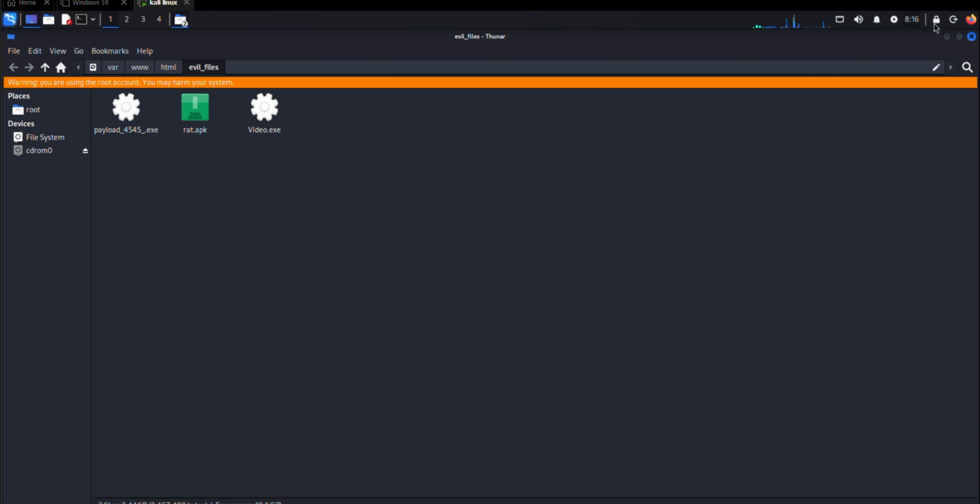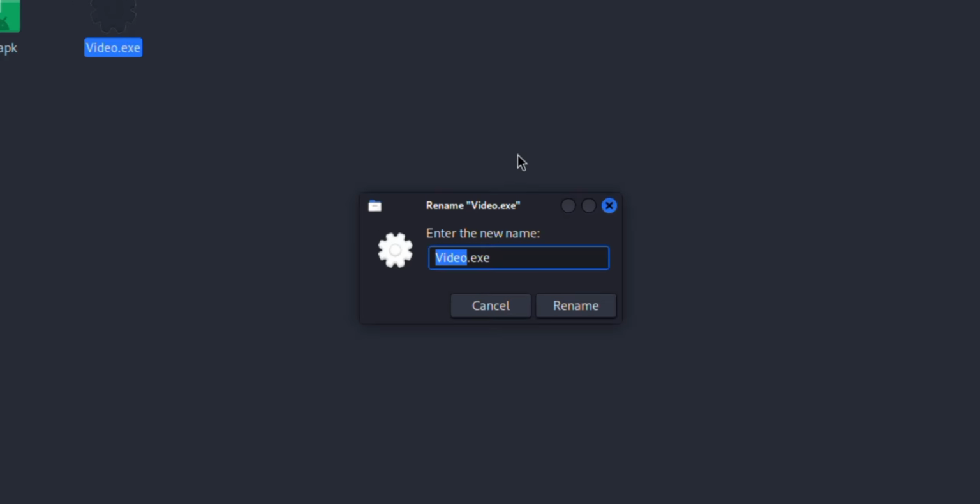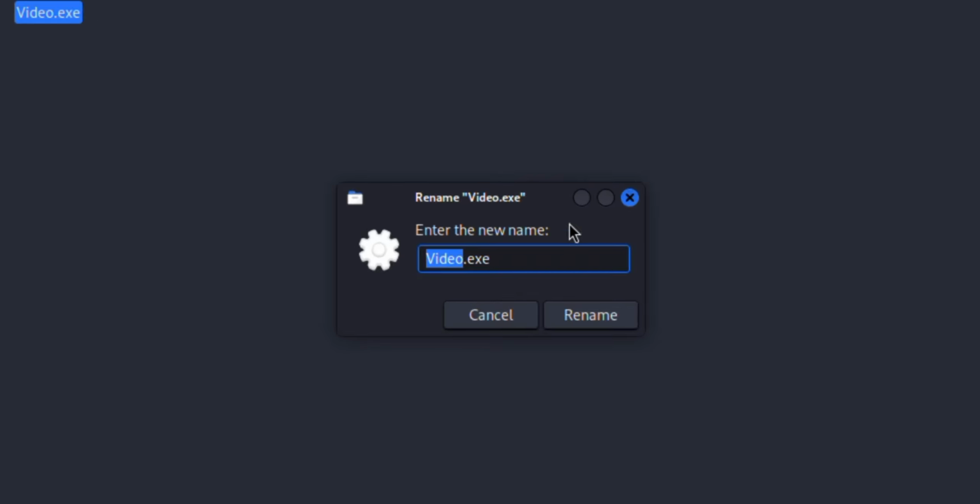Although this is enough, we are going to polish our work a little more. For that, I'll switch over to Kali Linux and work with the file there. To do this, we need to rename this file in a reverse way. Let me show you how. As you can see, the file is currently named video.exe. We are going to make it look like